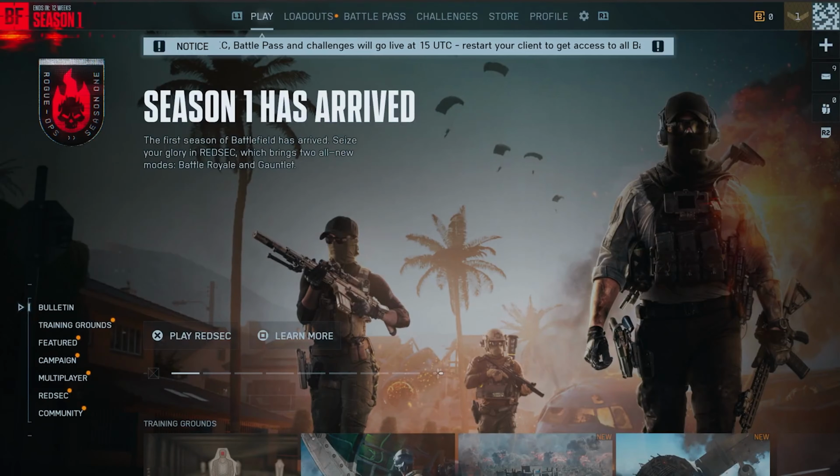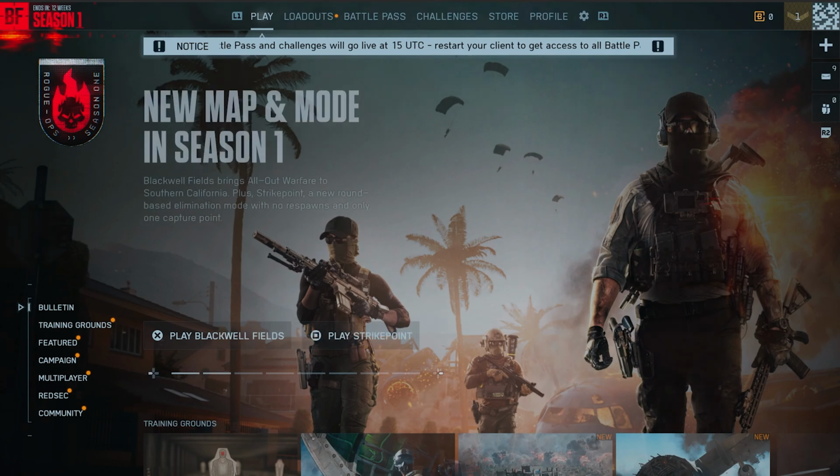In this guide, I'm going to show you how you can change your button layout and remap any button here